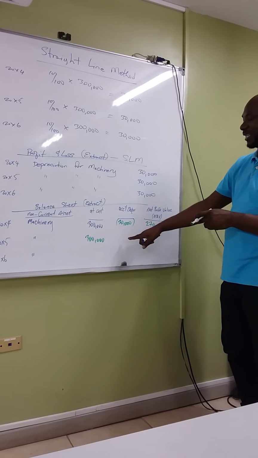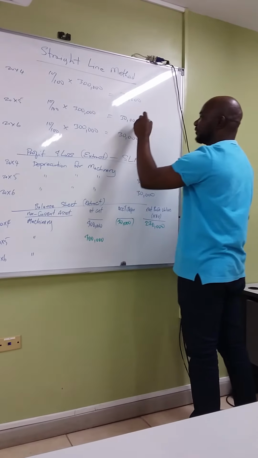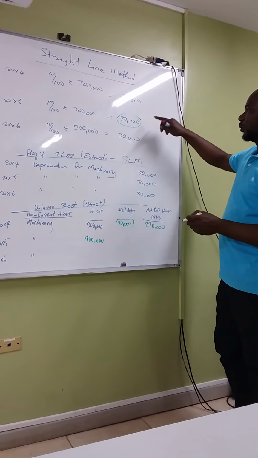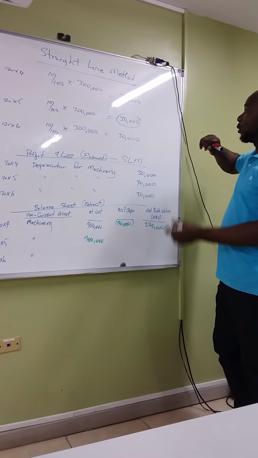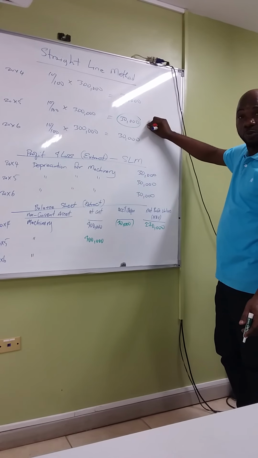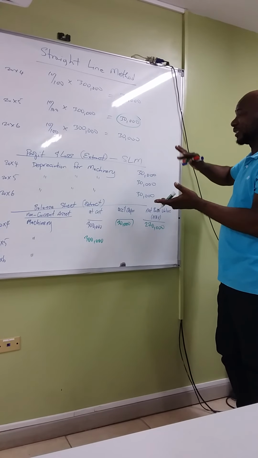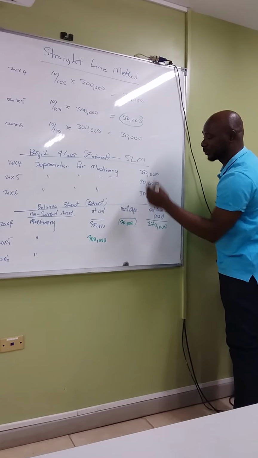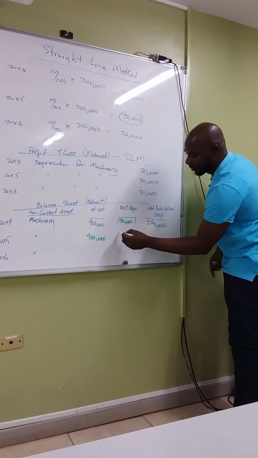Alright? Now, accumulated depreciation, you should be able to distinguish between accumulated depreciation and depreciation charge in 2005, just by looking at the balance sheet. The depreciation charge for the year 2005 was what? $30,000. But in the year 2005, we would have had the asset for now what? 2 years. So therefore, we would have incurred depreciation for year 1 plus depreciation for what? Year 2. So when you add both of these together, you get the what? Accumulated depreciation. Right? So year 1 was $30,000 and year 2 is now $30,000. So the accumulated depreciation as at the end of the second year is